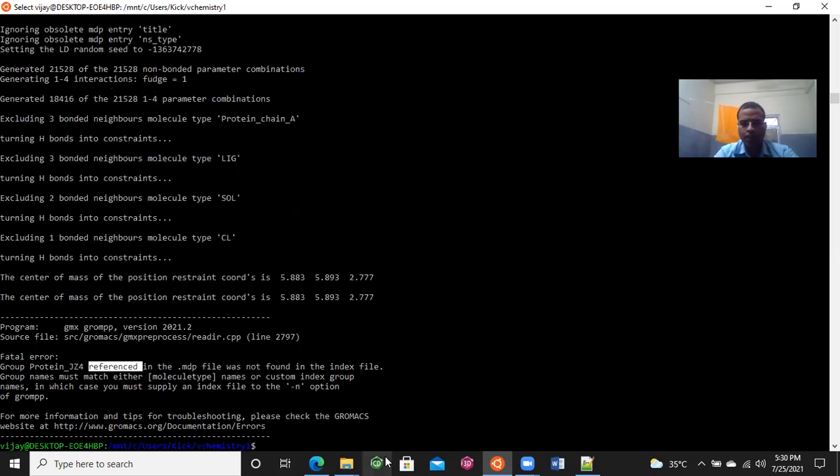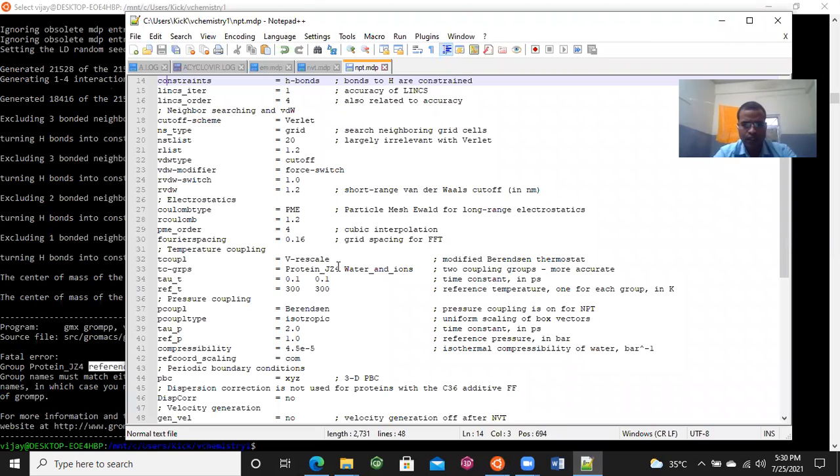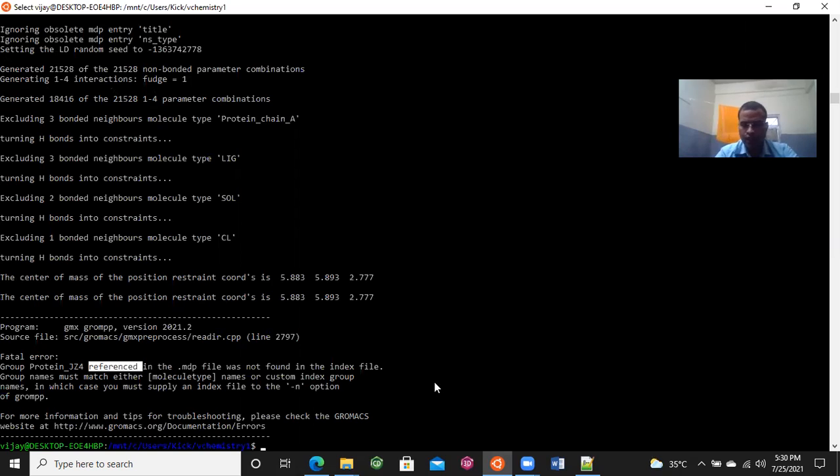So we need to change the MDP file. Our ligand is not JZ4, that is the LIG. So again, save the file, Control S, and run this command again.